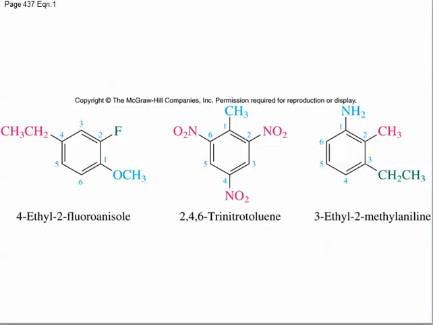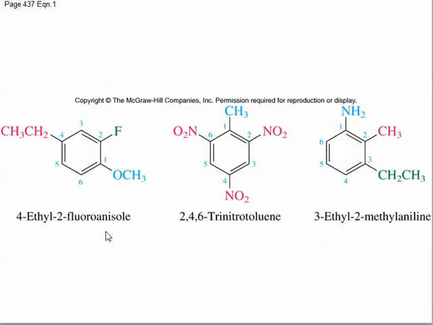A few final notes about naming benzene derivatives. When you have 3 or more substituents on the ring, we need to have a way to figure out how to do the numbering. Now in these 3 examples, we've got these special derivatives of benzene, ones like anisole, toluene, aniline. And notice that in each of those rings, the number 1 carbon is the substituent that gives rise to